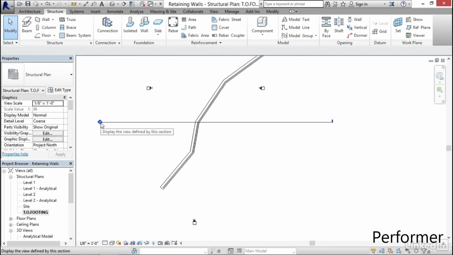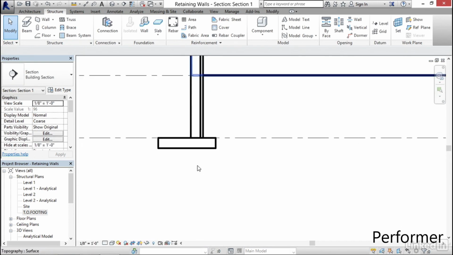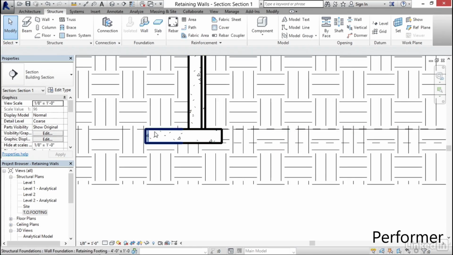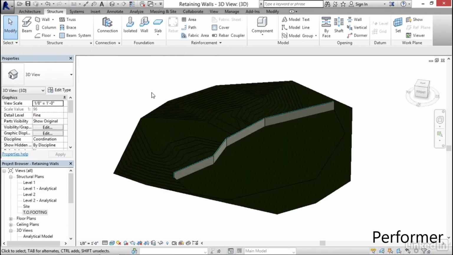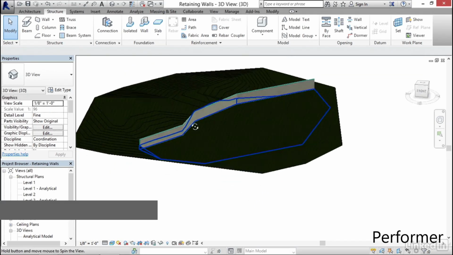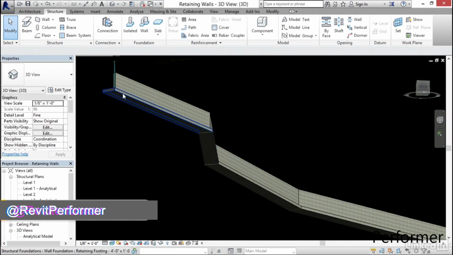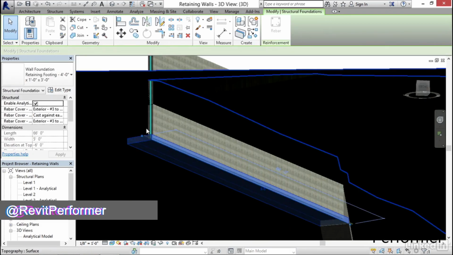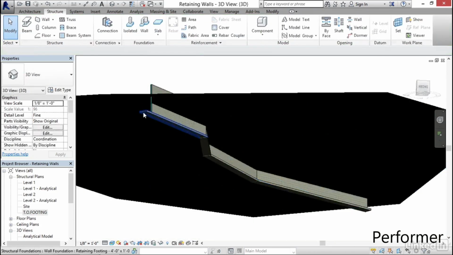I'm going to open up my section. I'm going to zoom in. Notice now that we have a big long footing, and it's offset to one direction. Go to a 3D view. Notice our retaining wall is up against the earth. If we scroll around to the bottom, we can see now that our retaining footing is in there. If you select the end of it and grab the grip, you can always extend it out further if you want. Now, if we select it,